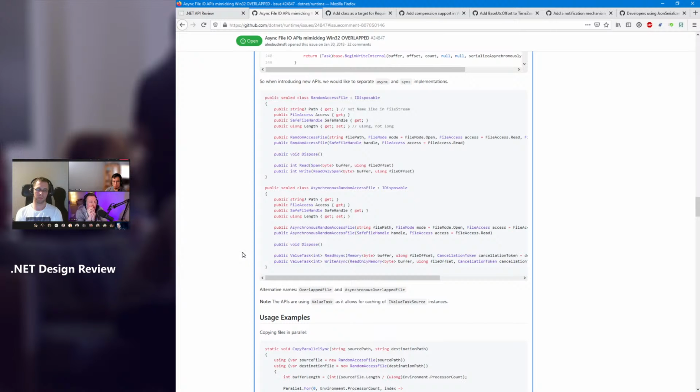And I guess really we would go back to naming the class that has the extension methods something useful like overlapped file operations, and then it could have an is supported, and then it has these extension methods off of